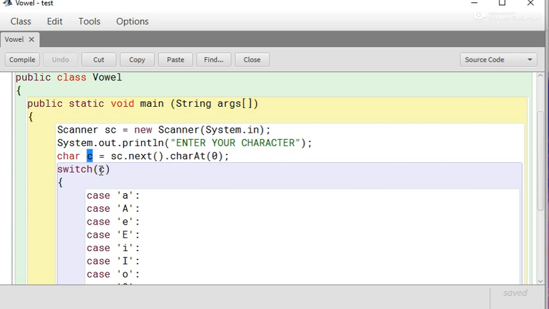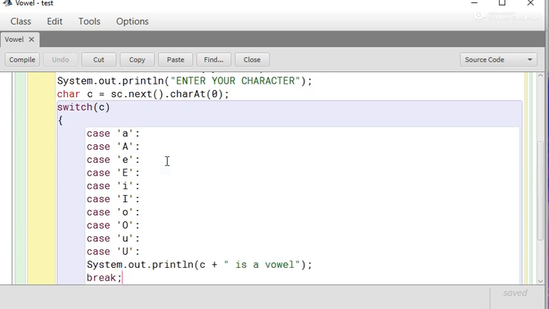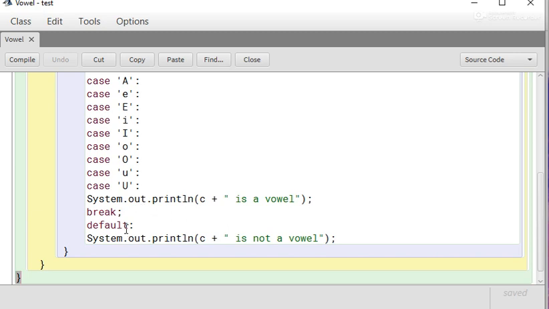Now we pass c to the switch statement, and without using break statements we check several constants, that means all vowels in capital as well as small letters. If any one is found, it will display the message that the character is a vowel and break from this switch. Otherwise, it comes to the default statement and gives the message it is not a vowel.